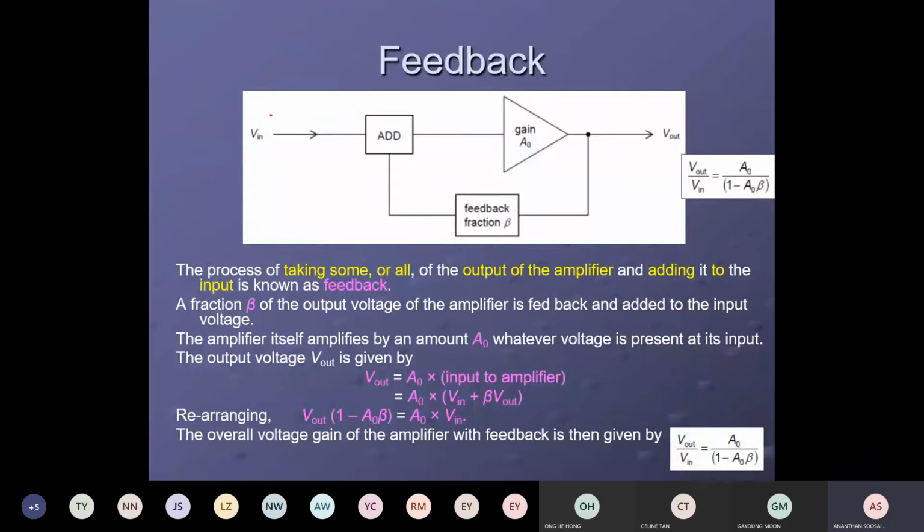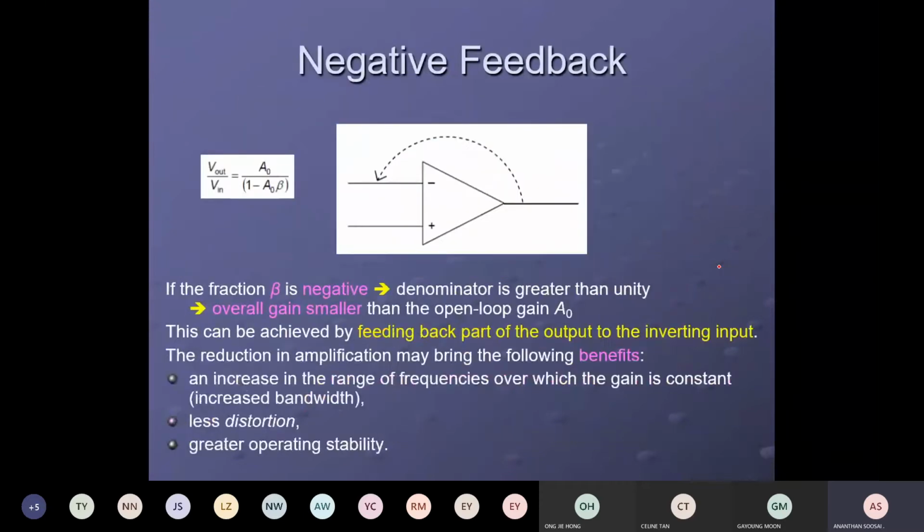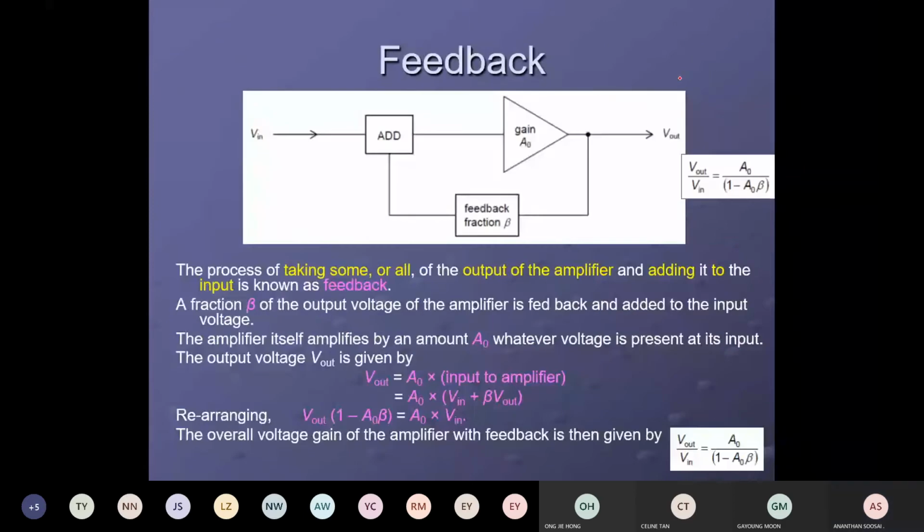The next one is going to be this, called feedback. Let's say you have an operational amplifier. You put a sensor as shown just now earlier, LDR and everything. The output is always saturated. It's always saturated. What I'm trying to say is